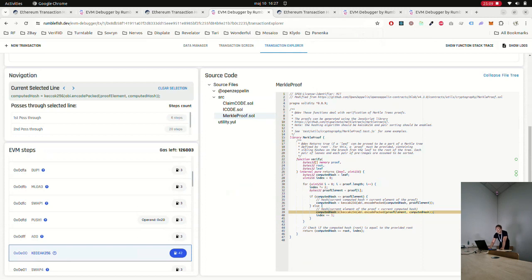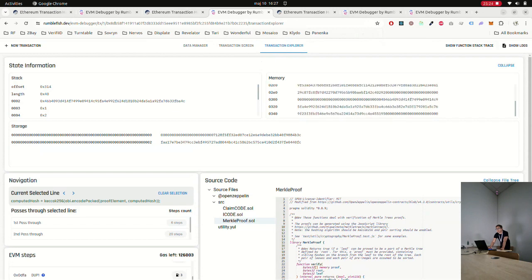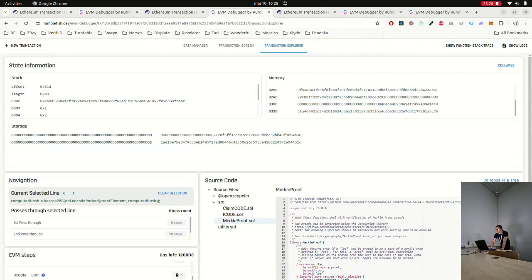Yeah, so there is a call to Keccak. This is a call we are really interested in when debugging something like this, because in this Keccak we can actually see that it's doing a Keccak on offset and length, and also, oh no, it's not highlighted, but it's 413. So this is actually the preimage which it's passing to